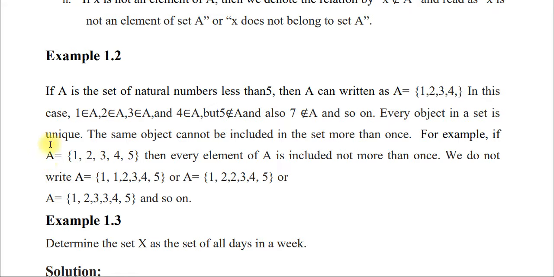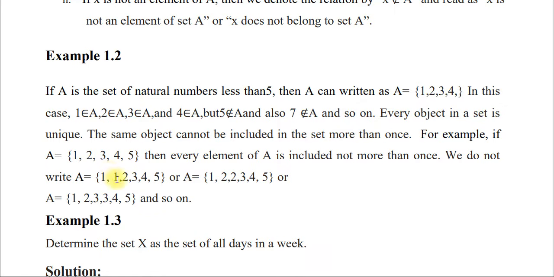For example, if set A contain the set containing 1, 2, 3, 4, 5, then every element of A is included not more than once. እንግዲህ A ላይ የምታዩቸው ሜምበሮች ወይም ኤሌመንቶች ከአንድ ጊዜ በላይ የተደገመ የለም፣ which is unique. We do not write A equals the set containing 1, 1, 2, 3, 4, 5, or A equals 1, 2, 2, 3, 4, 5, or A equals 1, 2, 3, 3, 4, 5, and so on. ስለዚህ እዚህ ጋር መደጋገም አያስፈልግም ማለት ነው።